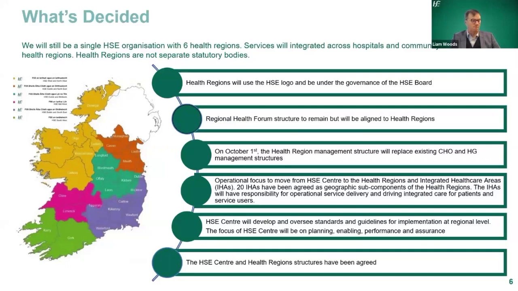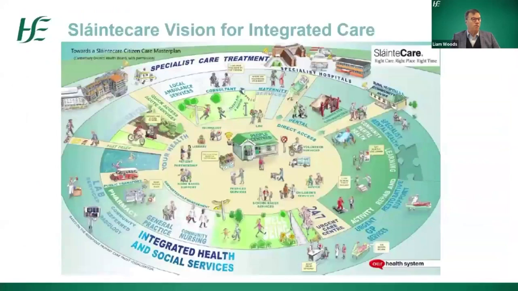So the vision of Sláintecare is very much building care around people in communities at home, with support from increasingly specialised services and ease of movement across services. We recognise, of course, the structures on their own won't deliver that. This is about people providing services to patients and service users. And so from our point of view, while we're focused on structure, today's session is very much about considering tools that enable integrated care delivery and focusing on that.